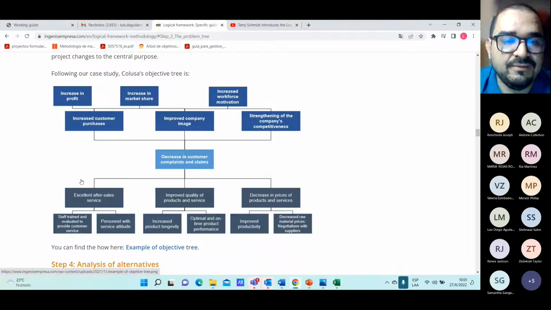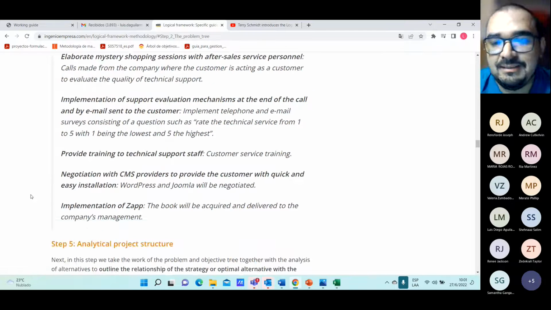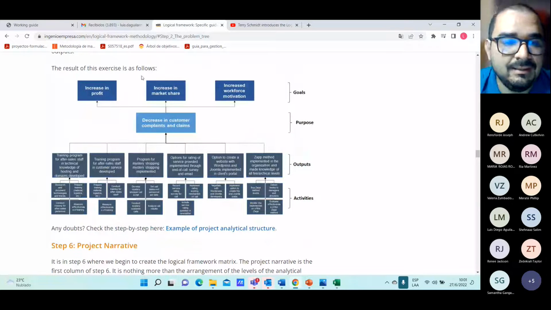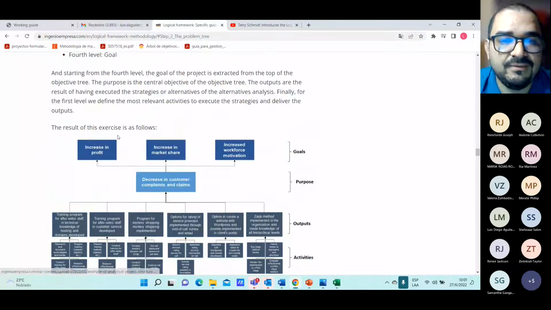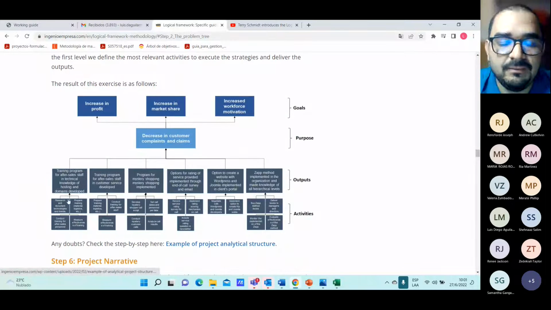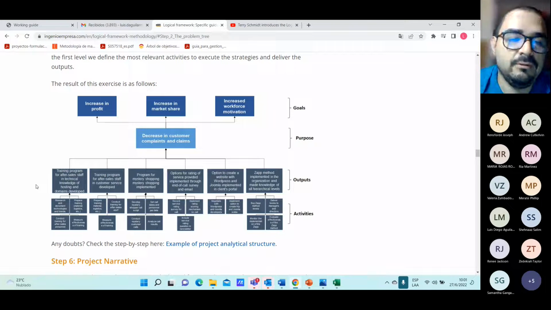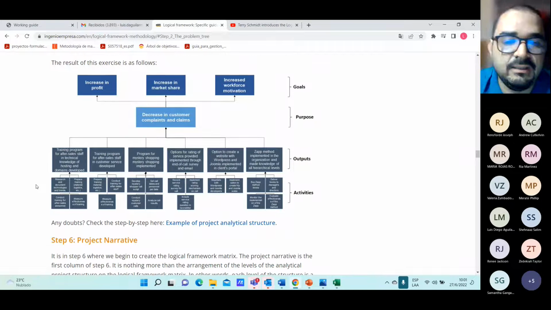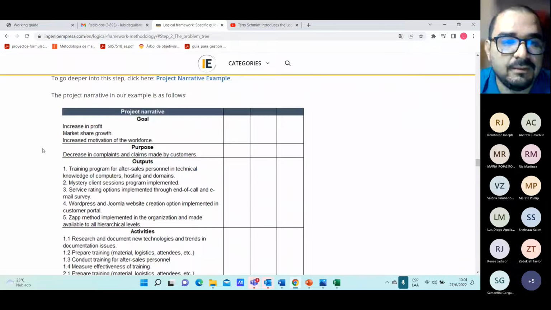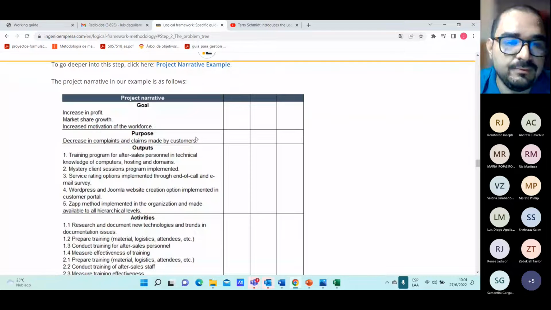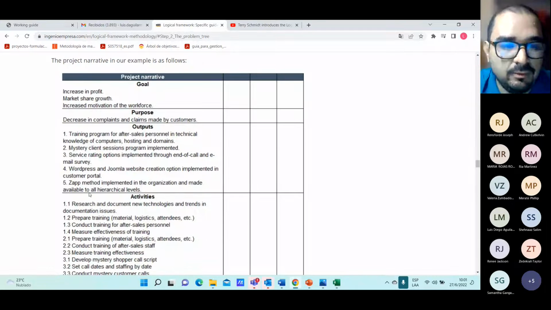Then we have here the objective tree, and finally they mix it up, right? They mix the objective tree with the alternatives of solution to make the outputs a little bit more specific. They then become components or outputs in the logical framework. So we have here the goal, the purpose, the outputs or the components,